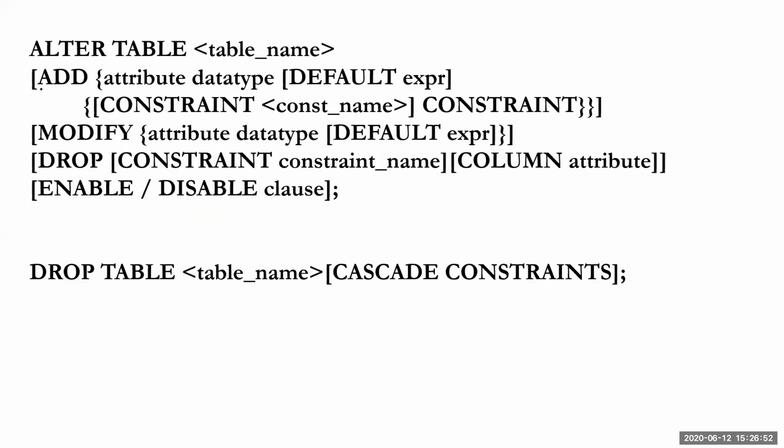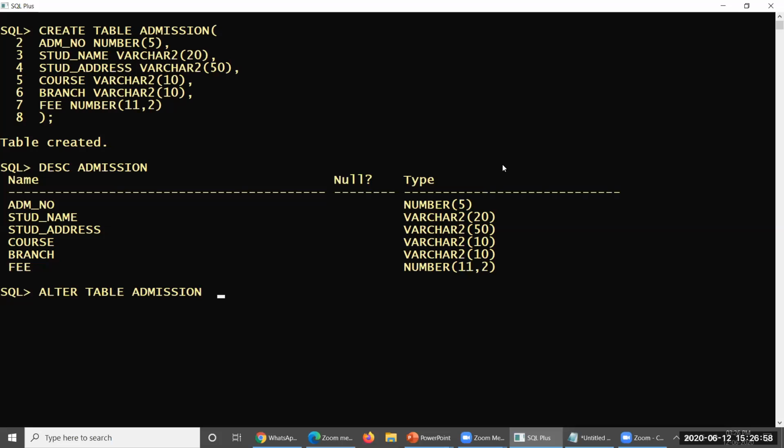So add, followed by attribute name, a data type, and so on and so forth. This is the specification here. So add, our attribute name is cell number or mobile number, whatever it may be, mobile. The mobile number could be a number of 10, actually 10 digits will be there with us. So like this you have to add. Yes, you could see the table has altered. You get one particular message, that is, table altered.